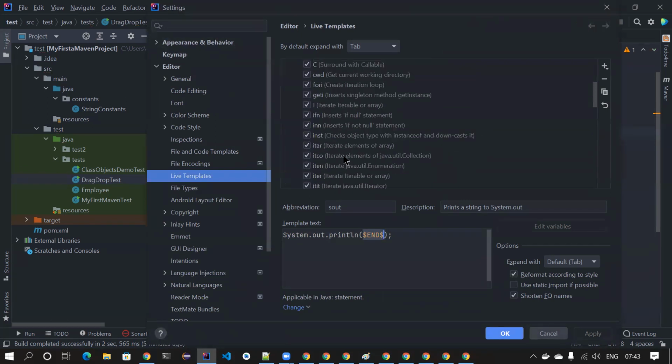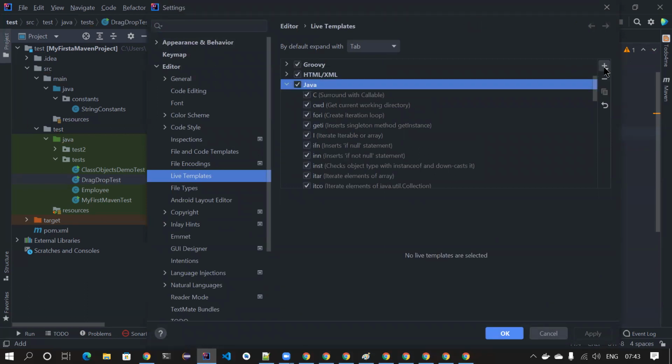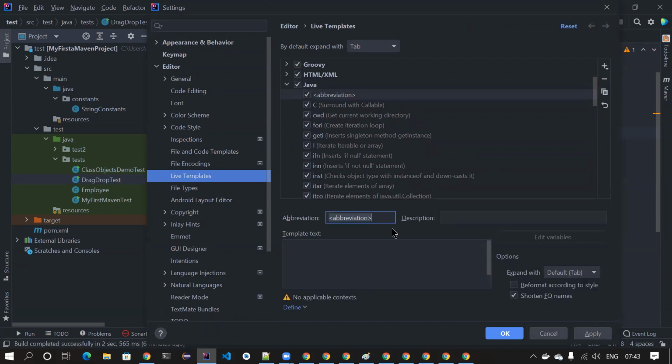For now, we have a need where, if I type driver find by element, what I can do is click on live template. I want to create a new template. Let's name this find element, something like this. Driver.findElement by ID. We can mention the description here, driver find element by ID, and you can give the text here, right? So driver.findElement by dot, ID,